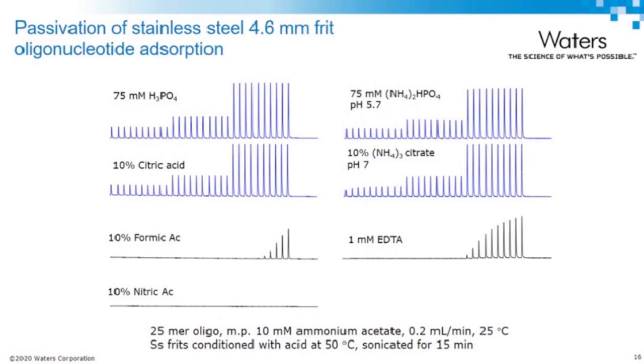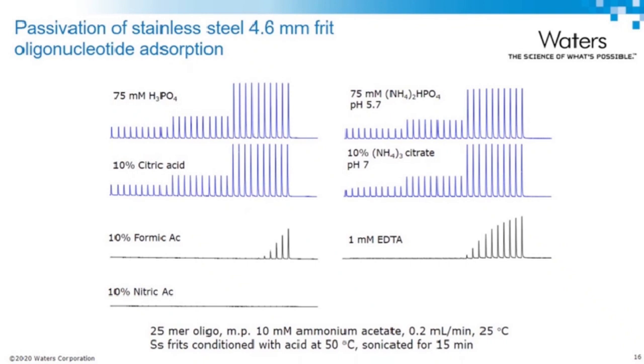So this is my last Miser experiment that I'm going to show you. Some of you may be using sample conditioning, and some of you may be using conditioning of the entire LC system, sometimes including the column, with acids. It is known that some customers are using 30% phosphoric acid to passivate this entire LC system, including injector, all the tubings, and so on. It's quite dramatic and drastic condition.